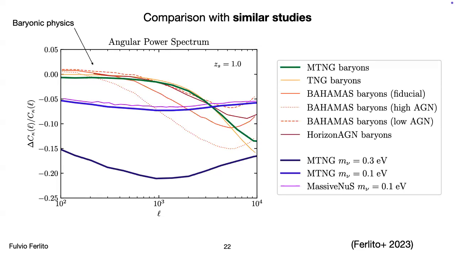So if we look at these curves here, these are all baryonic physics from different projects, and we see that there is a very good agreement, at least until intermediate scales, let's say. And then things start to go in different ways. This is probably because we have different models, different ways of implementing the same physical processes. It is also interesting to put this into context with massive neutrinos, because eventually, depending on their mass, their effect on weak lensing observables can become even stronger than the one of the baryons. All right, so this was an overview on the impact of baryons and massive neutrinos.